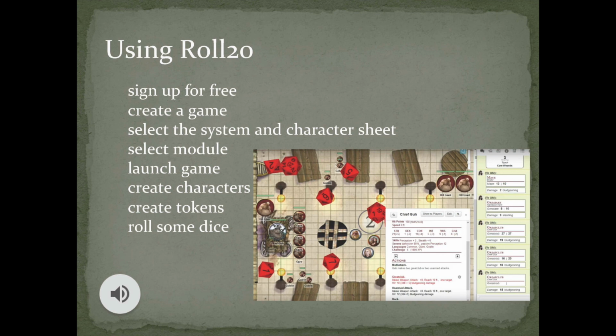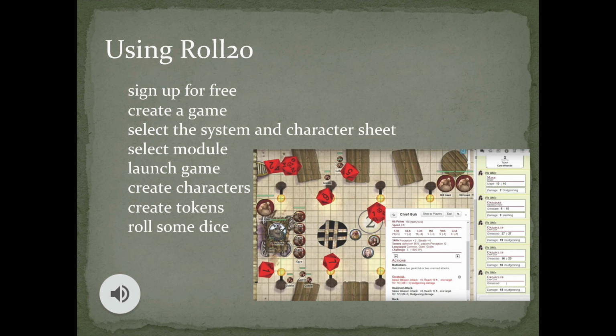After you've created your tokens, you have the basics of what you need to run a game. A tabletop, a character sheet, and some tokens for those character sheets to know where they are. Roll20 has a toolbar on the left side of the screen as well that lets you select your token, move them about, pan the screen, measure on the tabletop, and several other features.